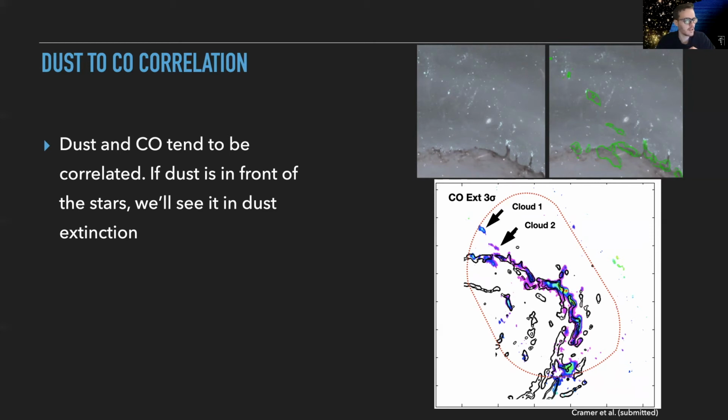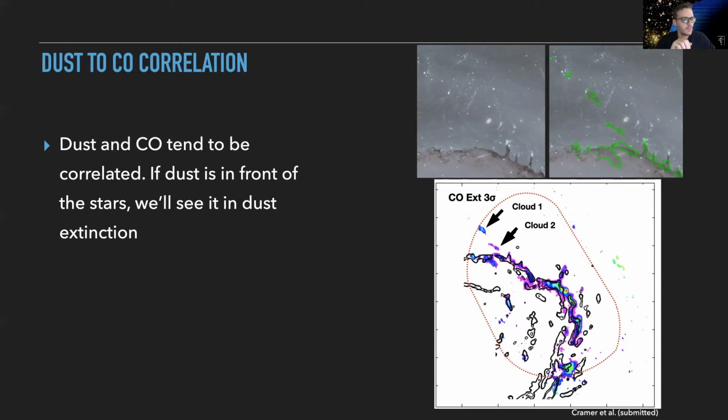And you can see that in almost all places where you have CO, you also have dust, except for a few regions where there's young stars. It's hard to estimate what the dust extinction is in particularly bright pixels. The dust extinction is approximated based on the surface brightness gradient of the galaxy. So those regions should be ignored.